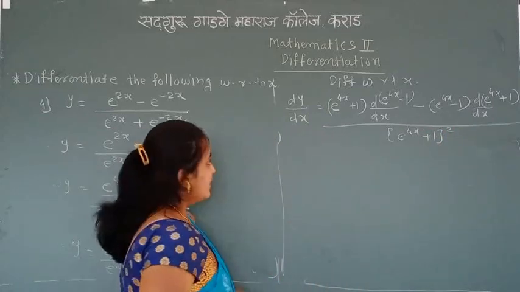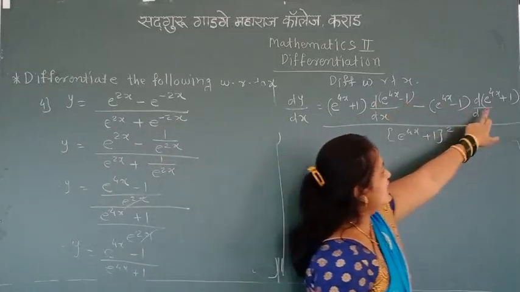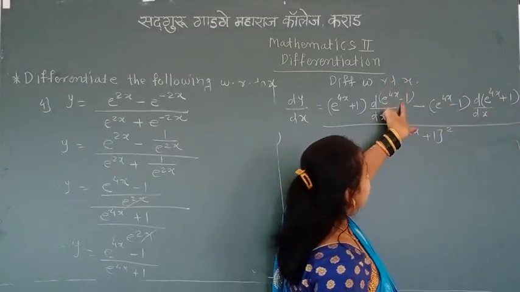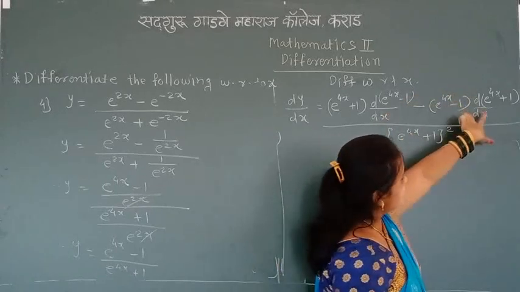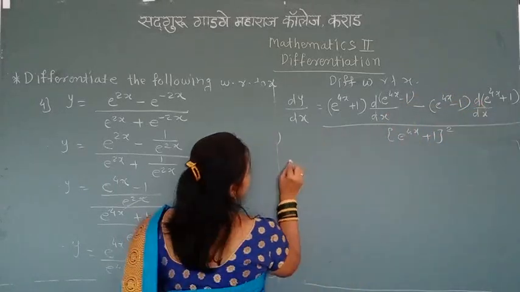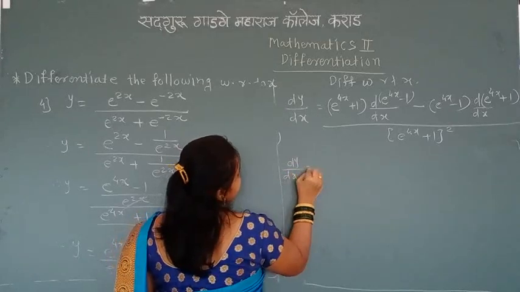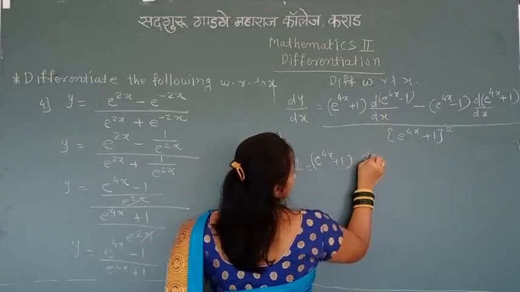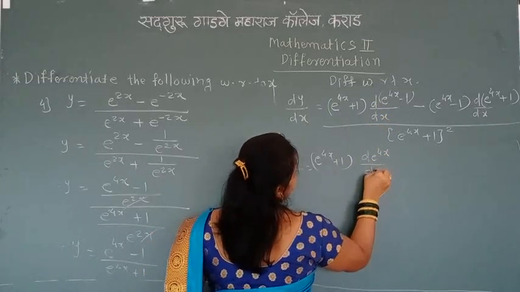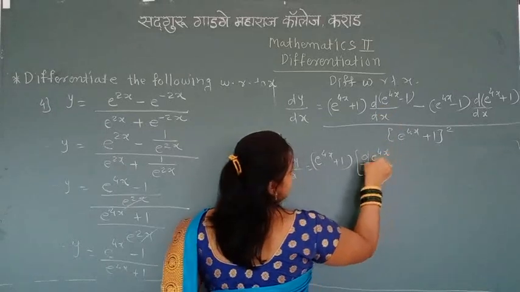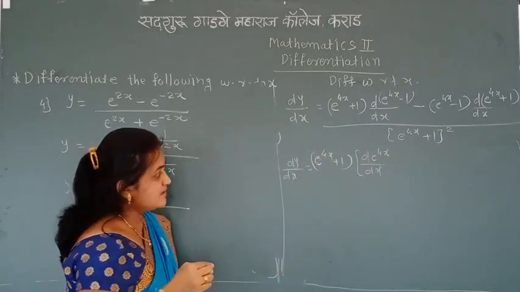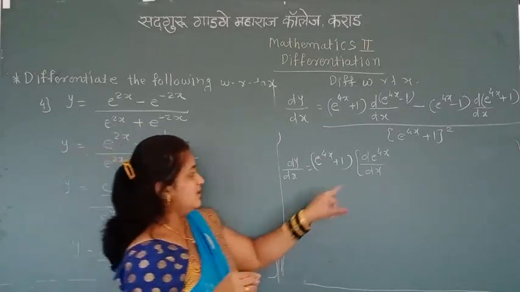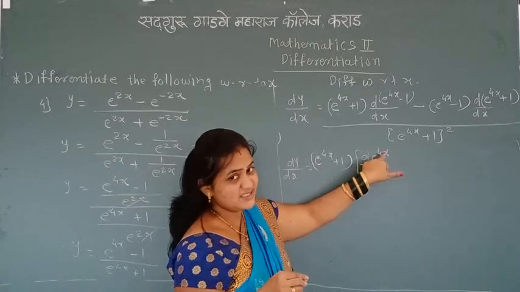Now simplify. Here u minus v form, here u plus v form. So again rules of differentiation: we find the derivative of u minus the derivative of v. Similarly here, dy by dx is equal to e raised to 4x plus 1 as it is. What is the derivative of e raised to 4x with respect to x? Is this a standard function or a composite function? Yes, this is a composite form, because your standard form is e raised to x, but here x is replaced by 4x, so this is a composite form.